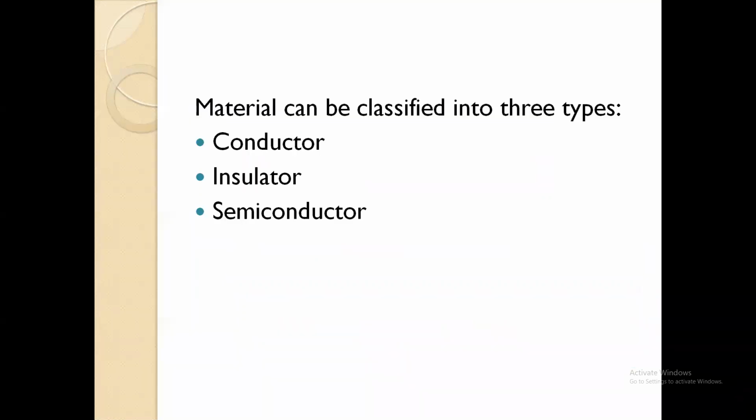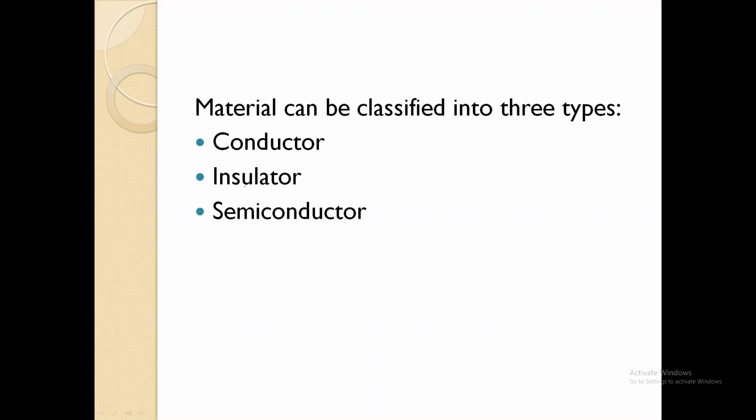Okay. Now, before starting the semiconductor point, let me clear the thing here. As you know, any material can be classified electrically into three types. One is a conductor. It means that a conductor material can flow the current through it very easily. So we say that the resistance of a conductor is very less, so that the current can easily flow through the conductor material. Second type is an insulator. We know that no current will flow through an insulator, just like plastic, rubber, wood, etc. are examples of an insulator.